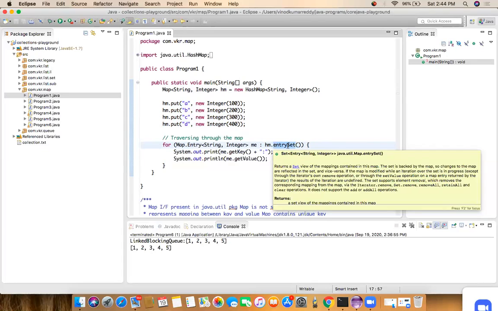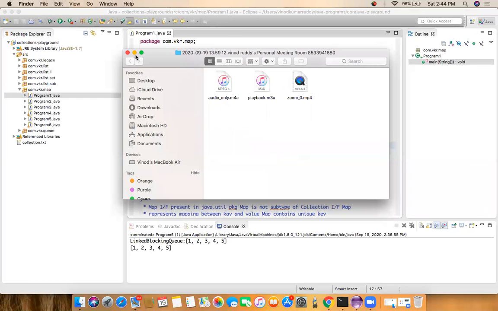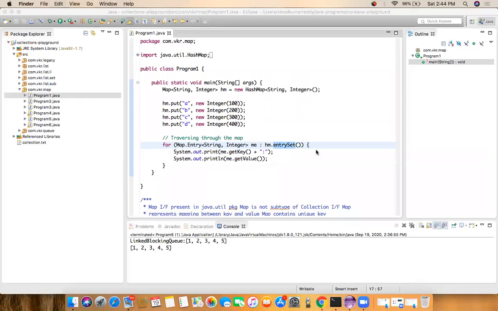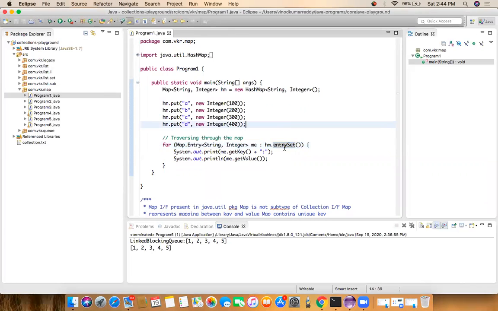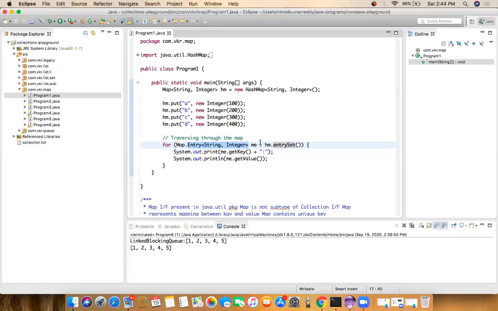But by using the entrySet method, we can get the set of entries which are stored in the map. Each and every element of a map is an entry. The entry has the key and the value. This entrySet gives the set of Map.Entry. The entry has the key and value. Key is a string, value is an integer, whatever we declared here.